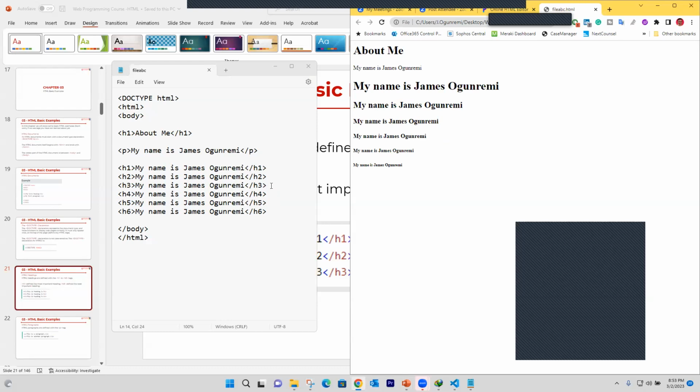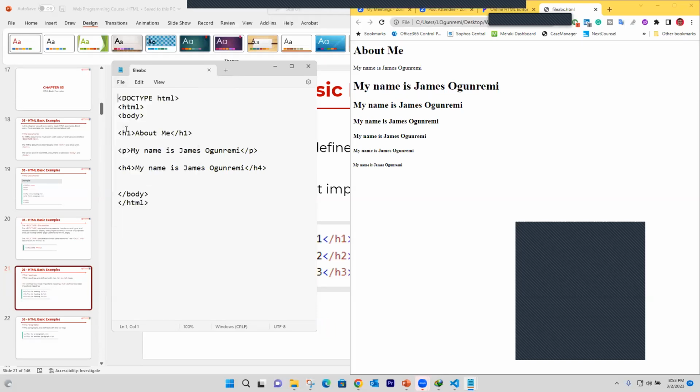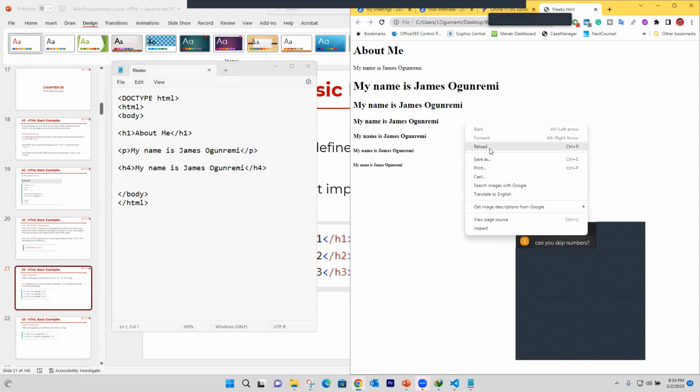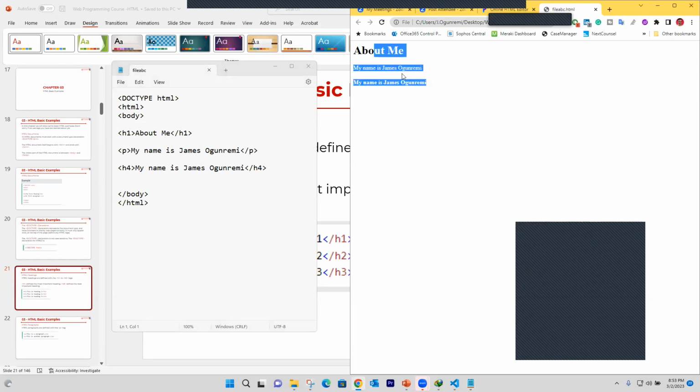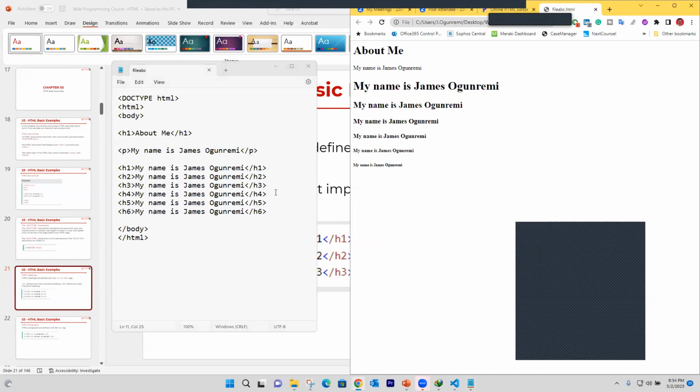I can decide to take off the first three and just have one of them only. Maybe just leave H4. If that's what I need in my HTML or website design, fine, so be it. Do you understand? So it's just for you to know the types of heading tags that we have. It's not that you must have all of them the way I've done it here. I'm just trying to show you the types and what each of them looks like in your